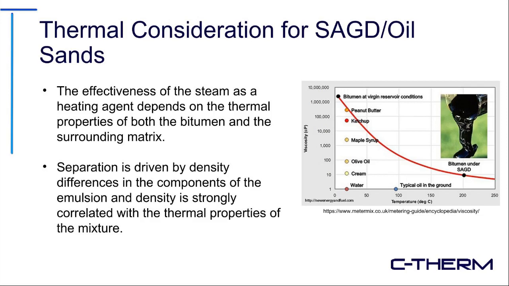But as you see, through the manipulation of temperature, it begins to decrease to the far bottom right there, bitumen under SAGD. So you can see the massive decrease in viscosity, which allows for much easier extraction of the sample. However, even still, you can see right at the 100-degree point there, typical oil in ground. So, the oil that you'd be recovering from a tight oil deposit, still much less viscous than bitumen, even